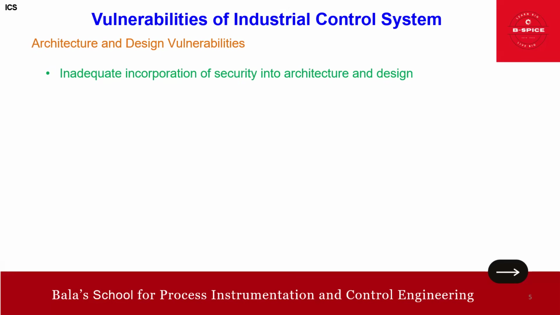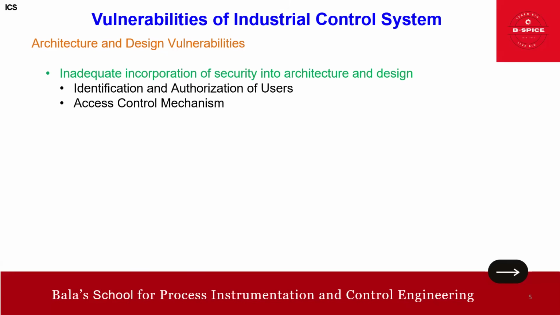So to effectively address the security concern, the ICS must encompass several aspects. What are all those aspects? One is the identification and authorization of users. Basically, friends, a robust authentication mechanism should be in place to verify the identity of users accessing the ICS. Authorization procedures must guarantee that users are allocated appropriate privileges in accordance with their designation, roles and responsibilities, right? That's identification and authorization of users.